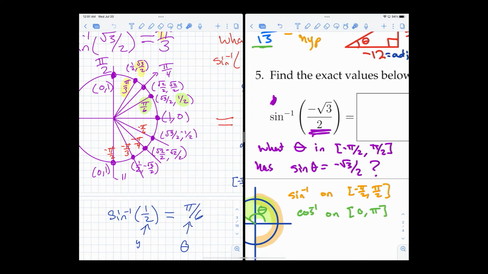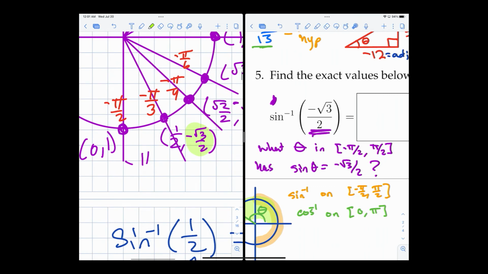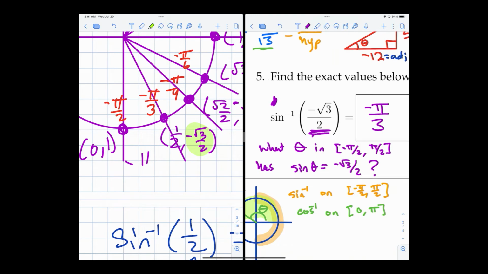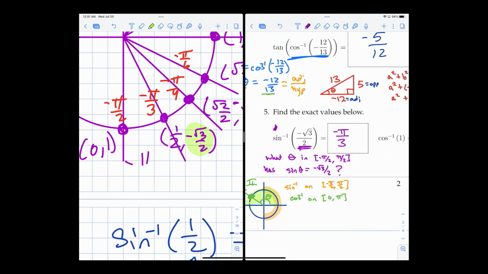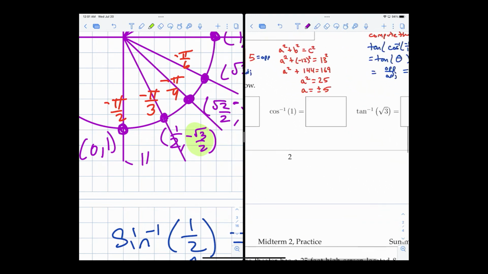Oh, weird. So where the y value is equal to negative root 3 over 2 is right here. So negative pi over 3 is the correct answer there. And that's it. When you do cosine inverse of 1, the question is what theta in 0 to pi